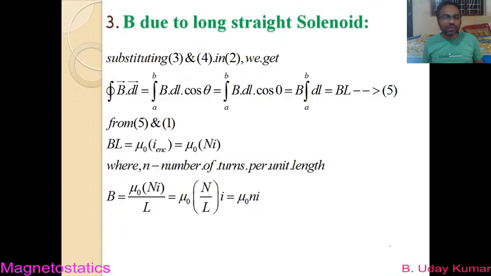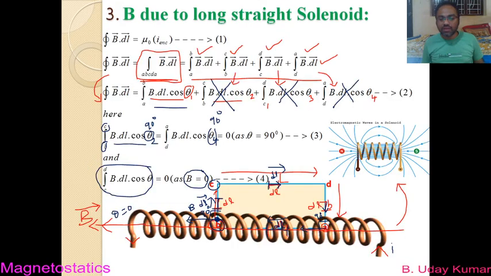So whatever it may be, what I have. Okay. So here we have taken small I. So we assume that the total current that is present inside the closed path is small I. That is what we think actually, but actually that is not. The current that is present inside the closed path is not just I. It depends on the total number of turns that are present inside this closed path.